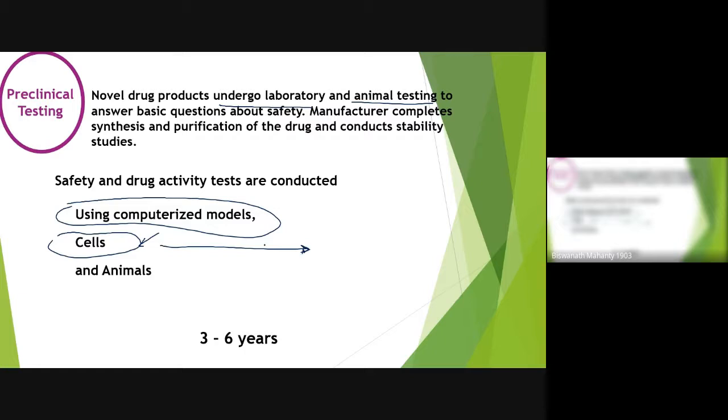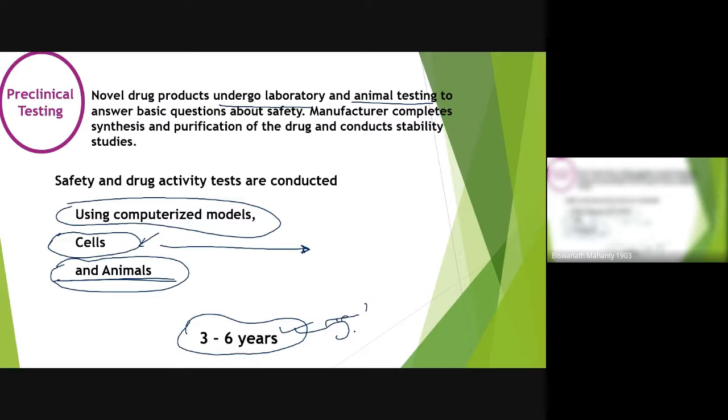An academic lab is maybe appropriate for this. And for animal studies, as you probably know, in our university we also have an animal house, and there is an ethical clearance committee as well. So you can undertake studies from long to short term, depending on what kind of animals you are going to utilize. We can have animal testing facilities and include the animals in our study design. Depending on the pace you are working at and how much data you are collecting, it can take 3 to 6 years. So you understand, before you reach preclinical studies, you have minimum, for example, 5 years already spent, 5 to 10 years already sacrificed.